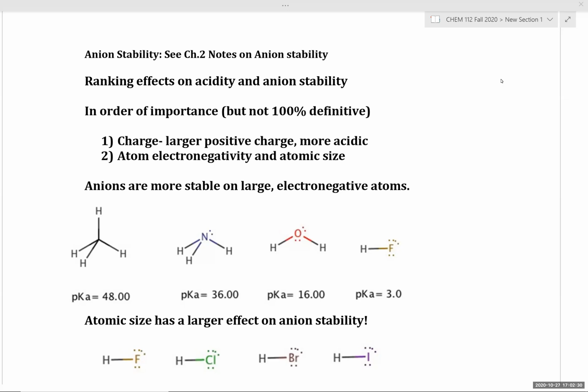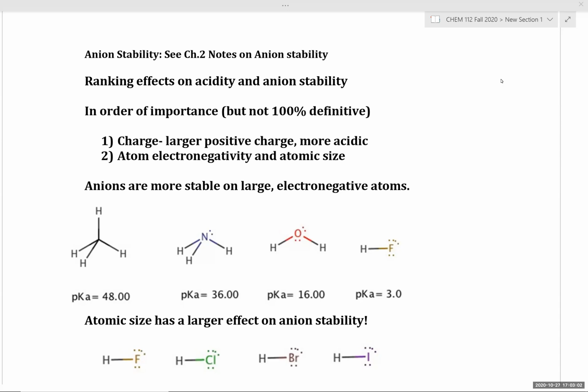Now, this is primarily going to be a review of our chapter 2 notes in this section, but I feel it's important to cover just so that we have the full context and all the information at our disposal, somewhat that we've recently covered. So that way, when we move on to start to draw reaction mechanisms, we have this information base to draw from. Okay, so in terms of anion stability,